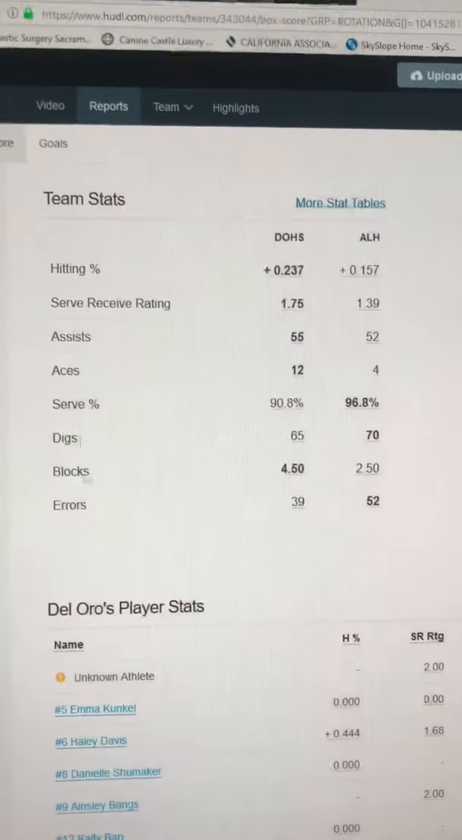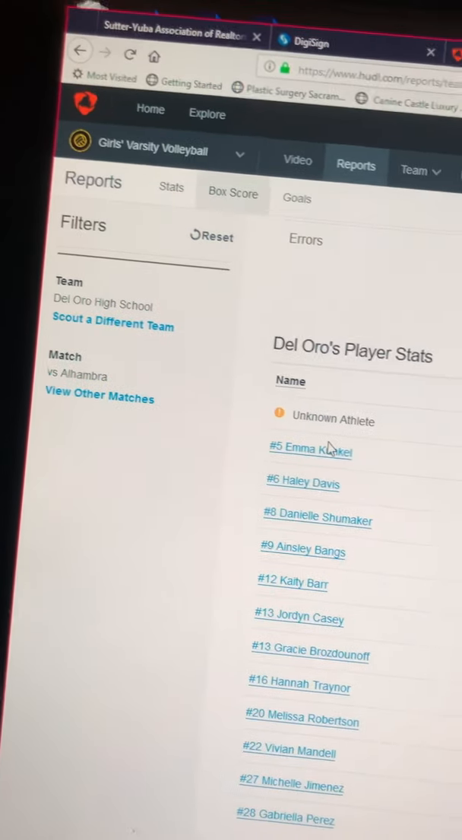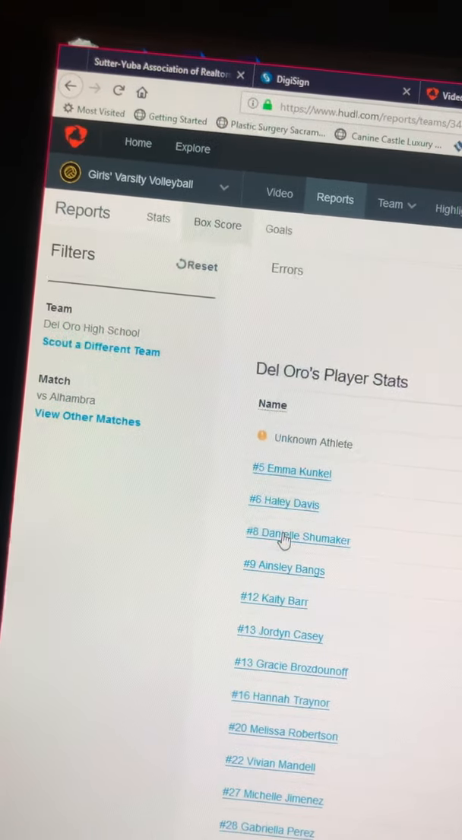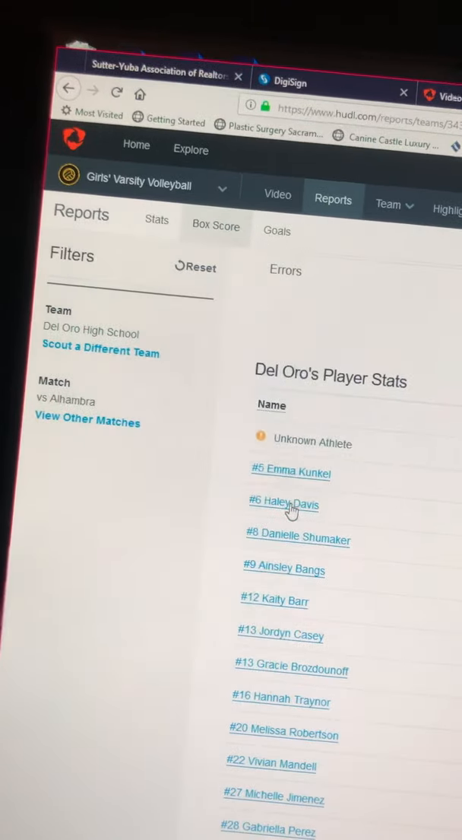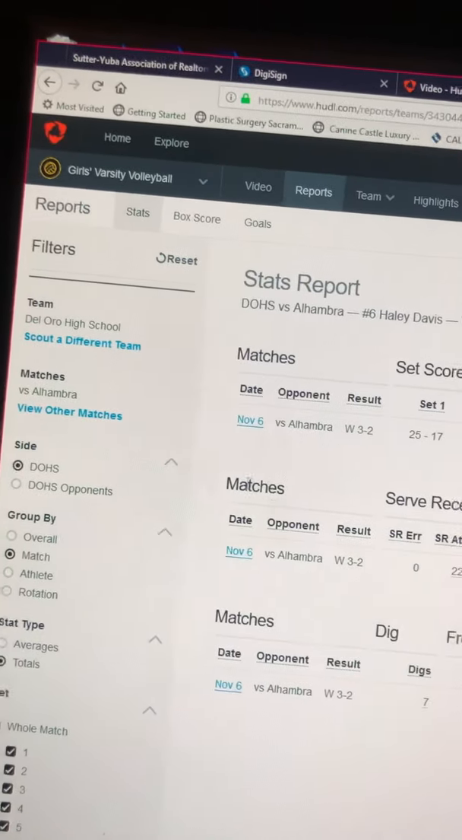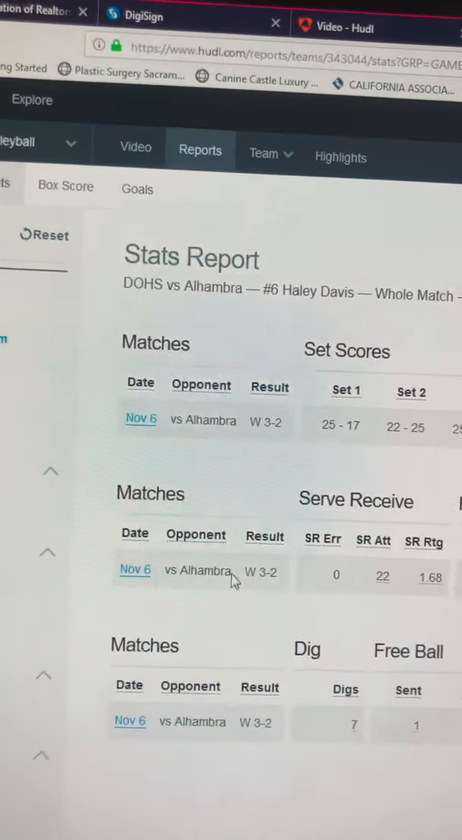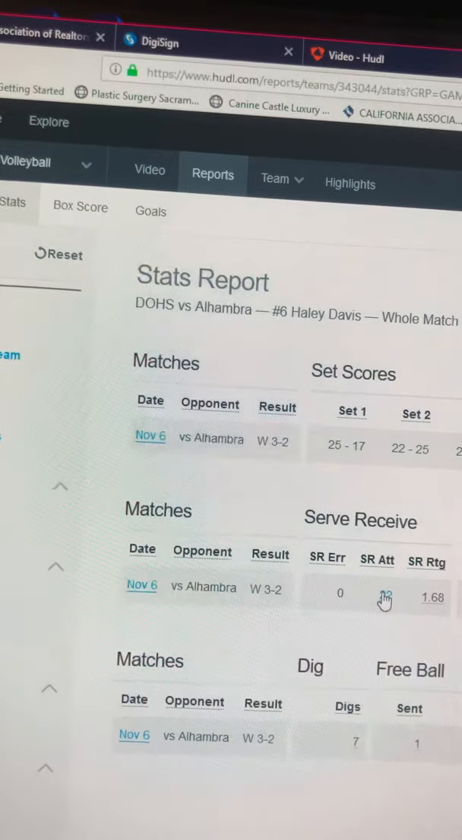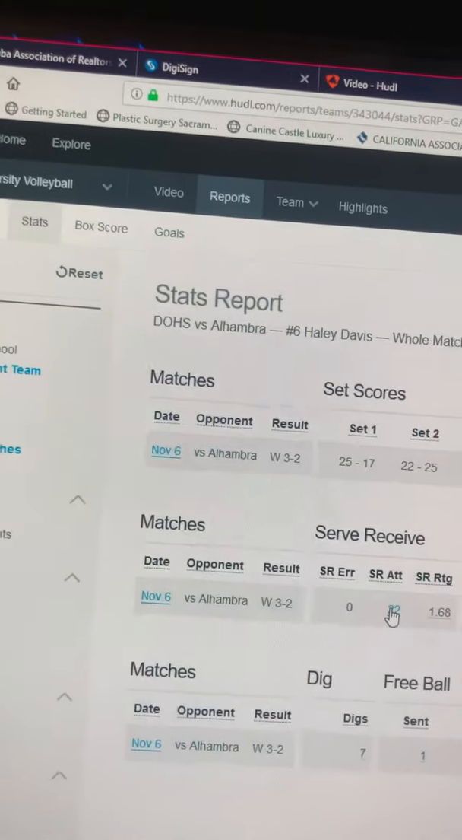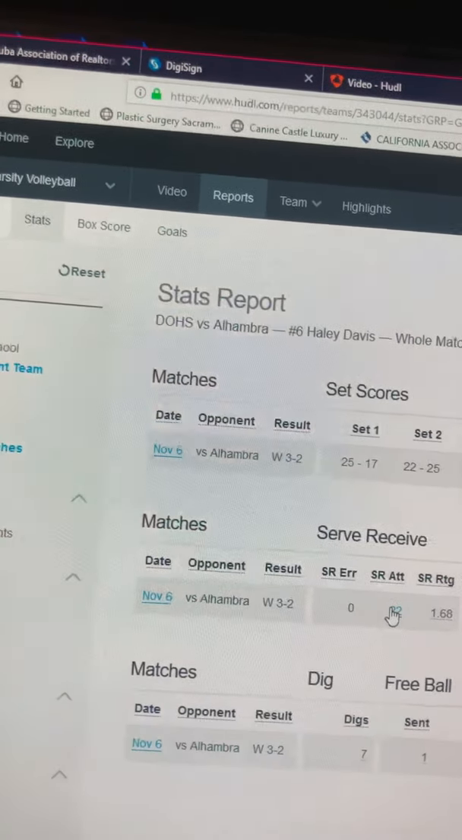So you can see right here, you can get it for the whole team. And then let's pick one of their players. So then if you see here on her November 6th against Alhambra, right here, she had serve receive attempts. She had 22 of them. So if you would just click that,